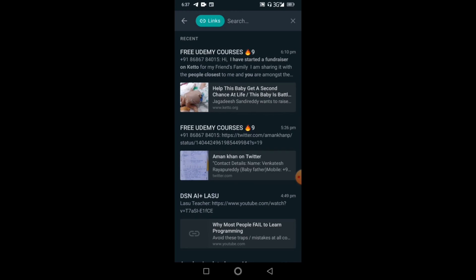So this is a great feature in WhatsApp and it makes it easy to search for items, pictures, videos, and